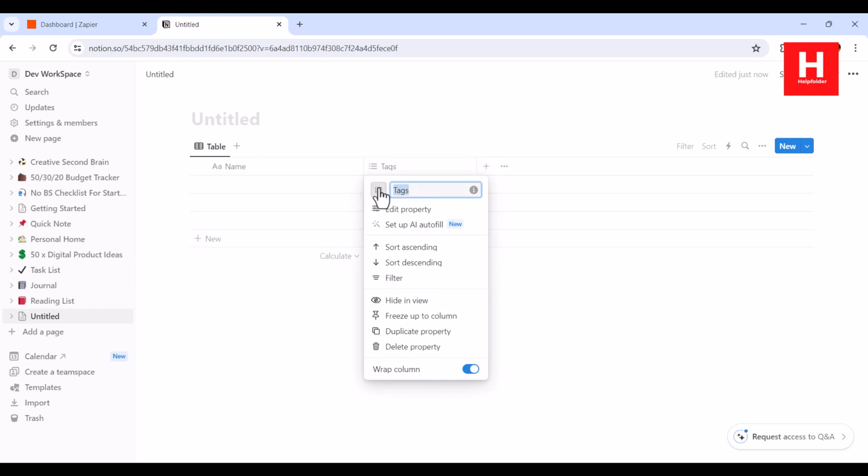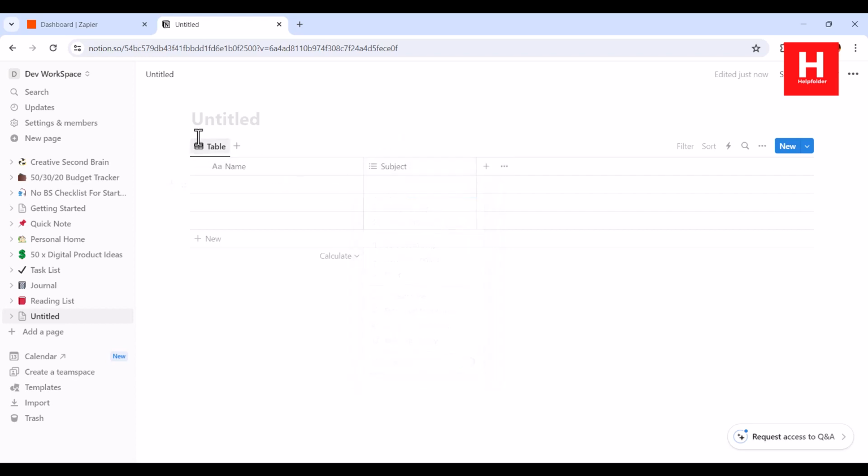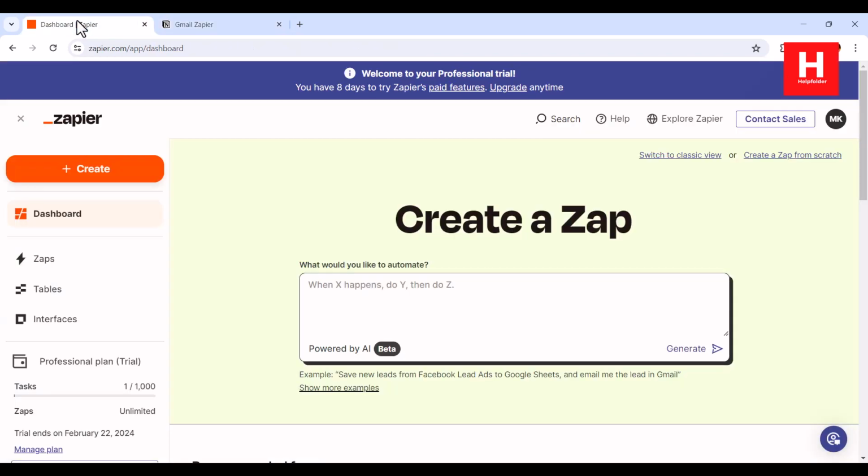So name and, say, subject are the two things that we are going to add to this table. Here I will just say Gmail Zapier. So this is the page I want to connect to, and name and subject are the two entries for this particular view, right? So what I will do is go back to Zapier,